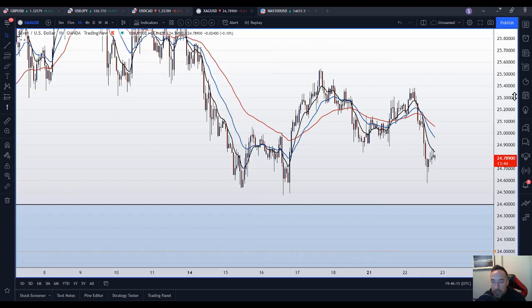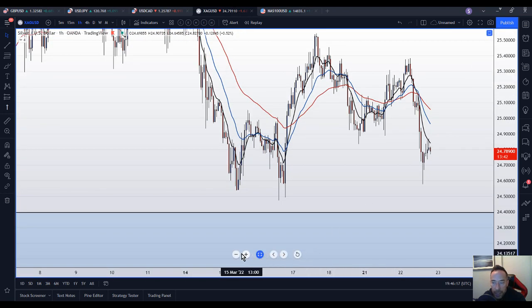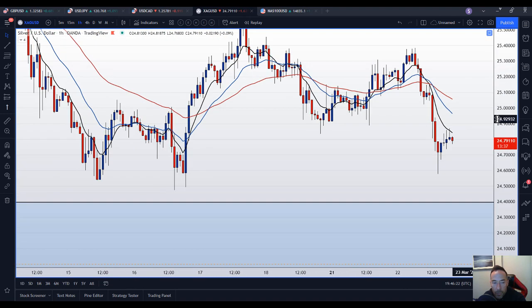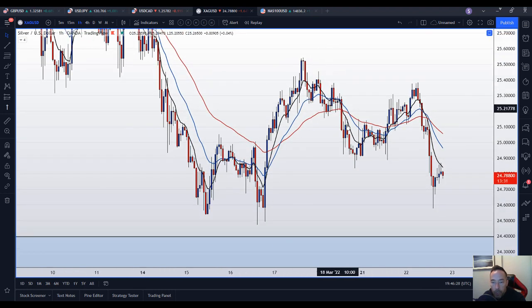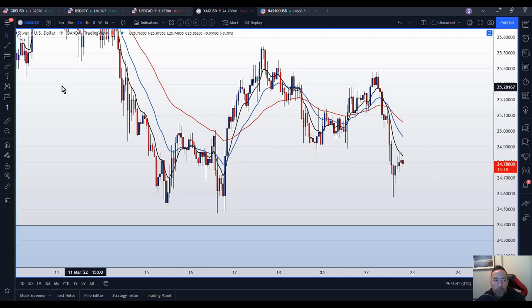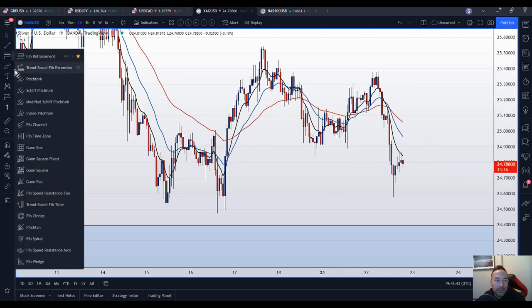So, for instance, I can see this double bottom here. We push up, we push down, form a higher low because it's higher than these lows here, but then we form a lower high. And can you see this move down, move up, and a lower low? So what we could be doing is that move towards 24.